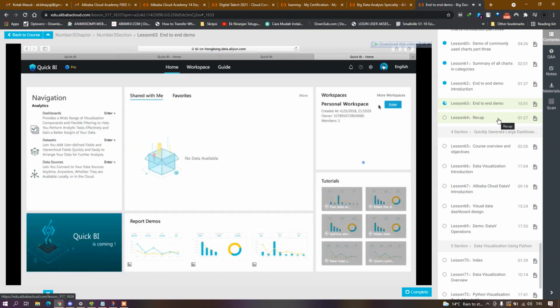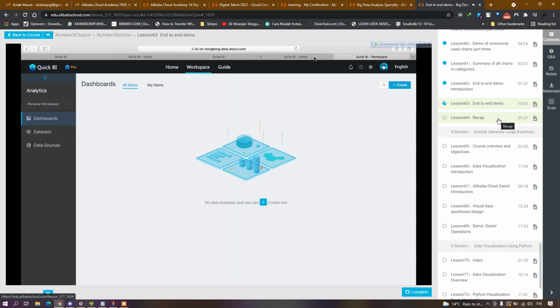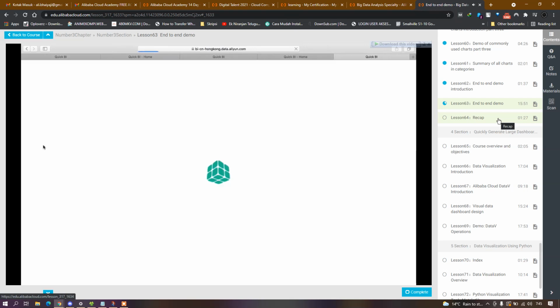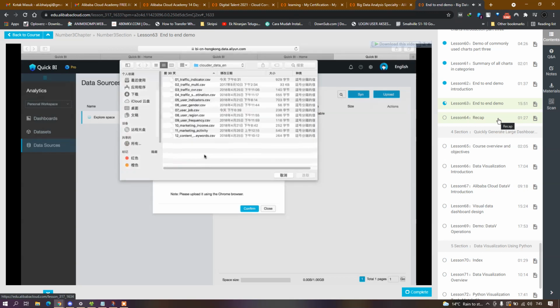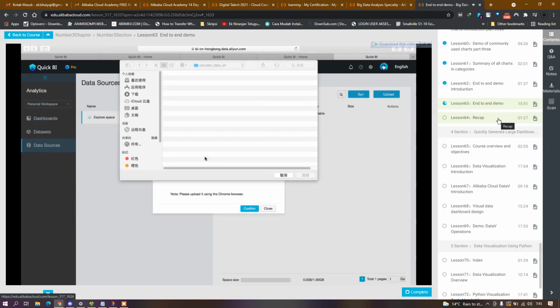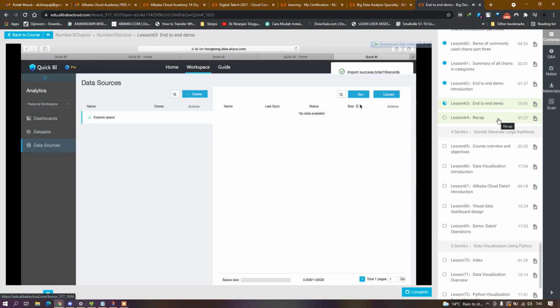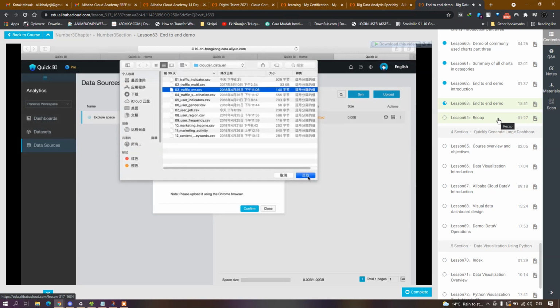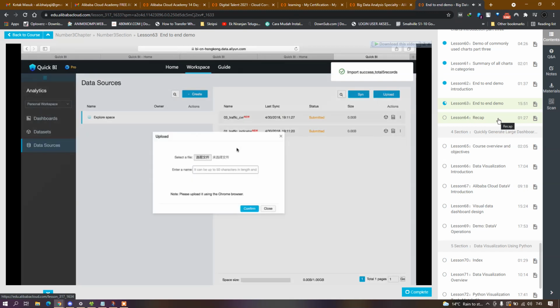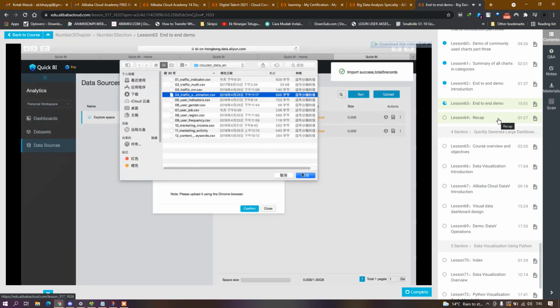They will have one personal workspace generated for you. You can click enter. Now you see you have the data source, data set, and the dashboard on the left panel. Let's start from the data source. I need to upload all these files, the first one. I need to confirm. And the second one, not the second one, the third one, the fourth one,